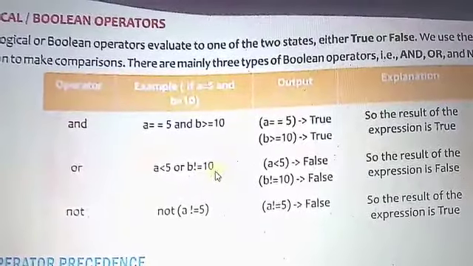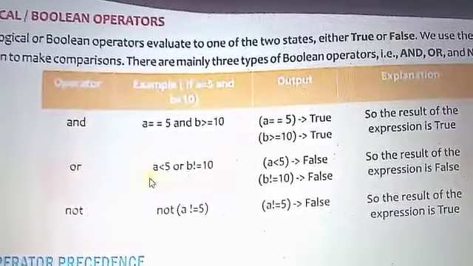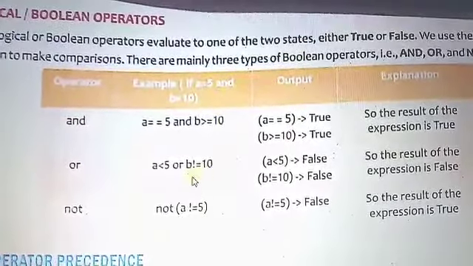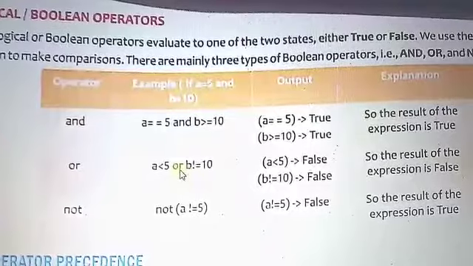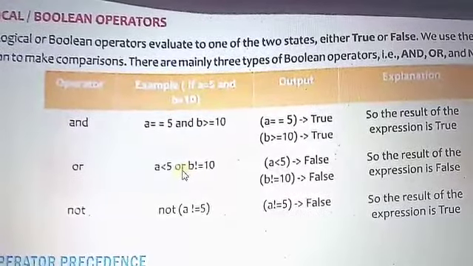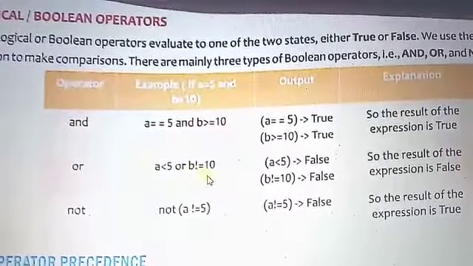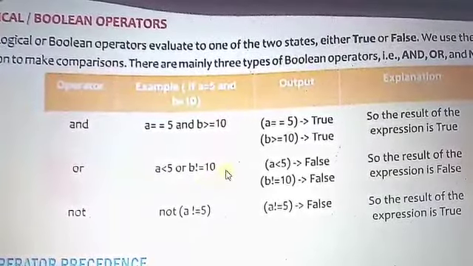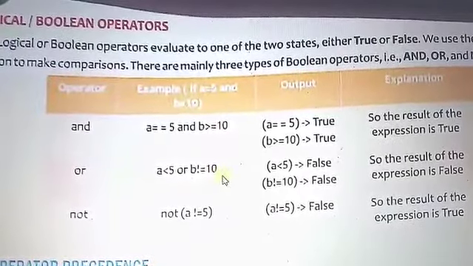So that is clear about the OR logical operator. If all the expressions are combined with OR and all are evaluated false, then the final output is false, otherwise it produces true.